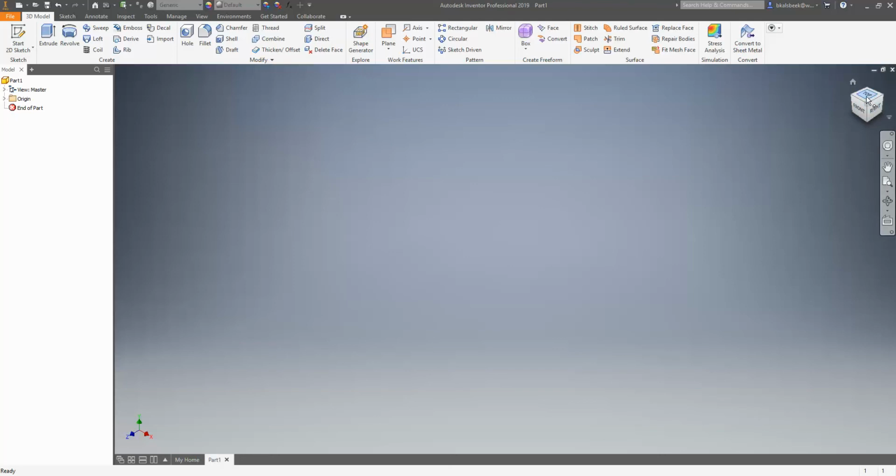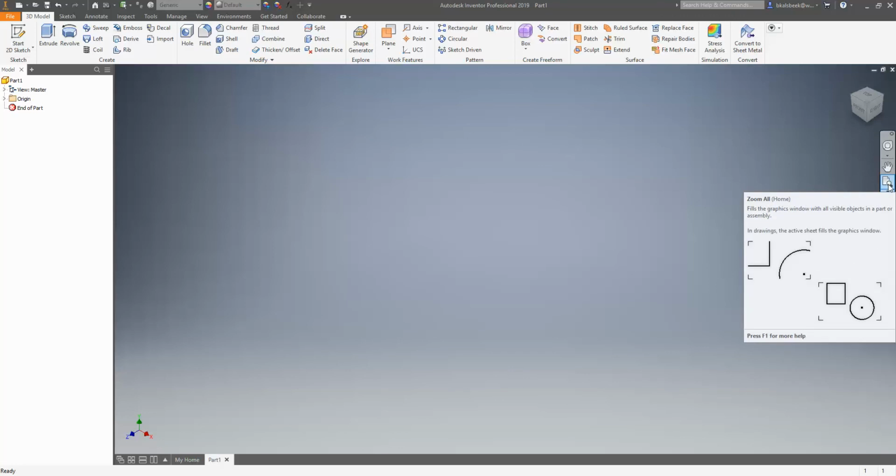If you want to take a look at either one of those, you can click on the view, like the top view, and it will change to look directly onto the top view. So I'm going to keep it on the front view for right now. Over here is a bunch of tools that you can check out on your own time, but things like panning, that's like grabbing and pushing it around, orbiting, zooming, zooming to all,